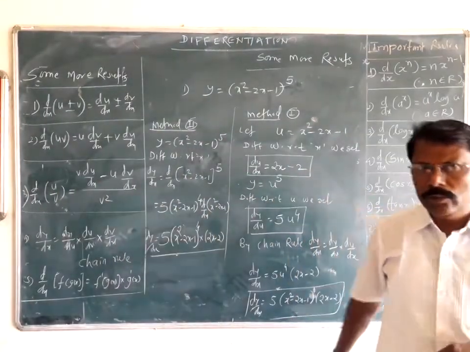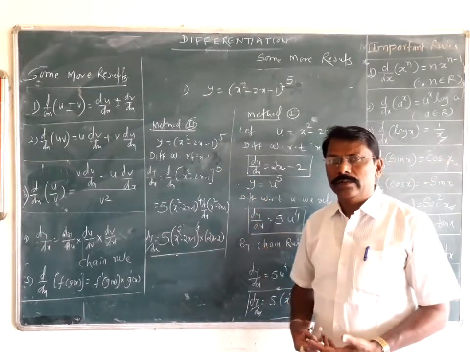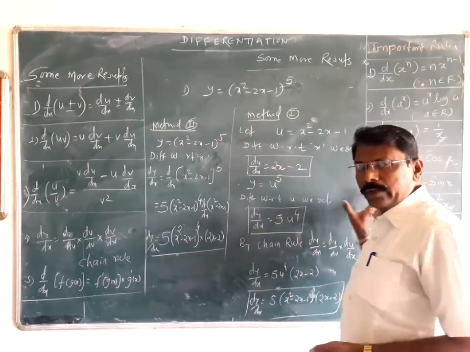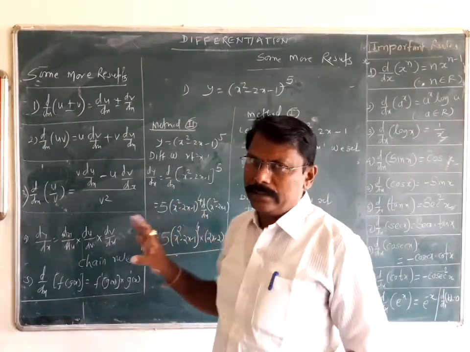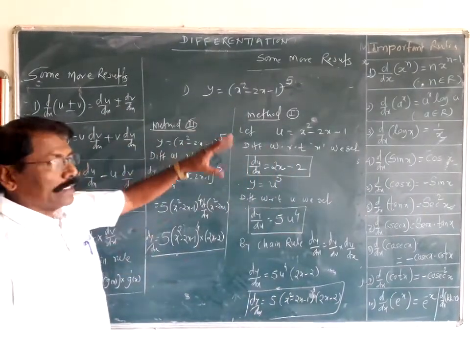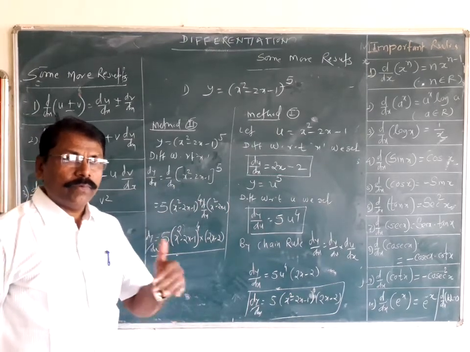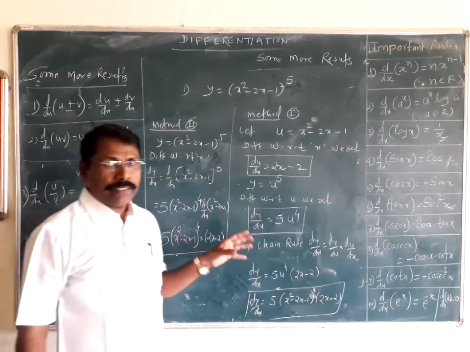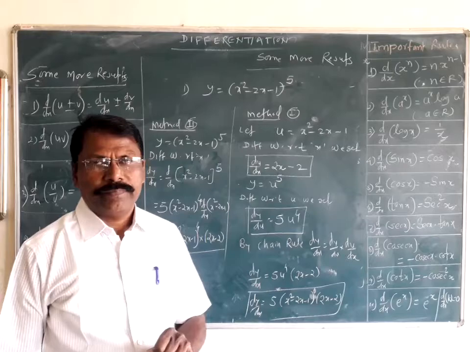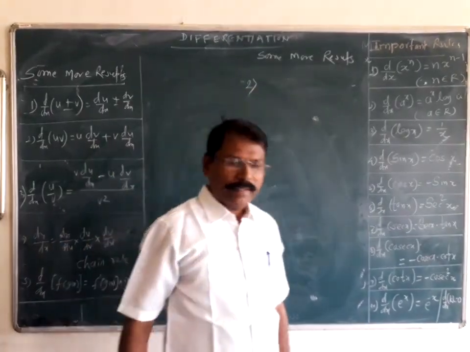So method 2 can be applied if you understood how to use this chain rule. Even these all rules, if you remember, then it is easy. Otherwise, the derivative is difficult. Why are people saying the derivative is easy? Because it required more preparation. It required more and more preparation. But if your preparation is less, you will be confused. Example. Second example.